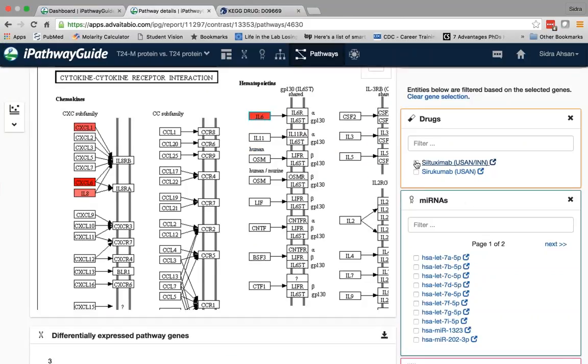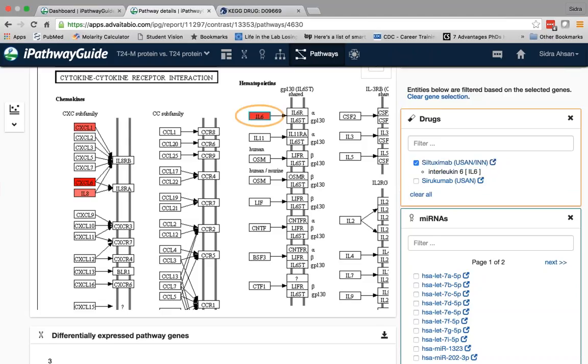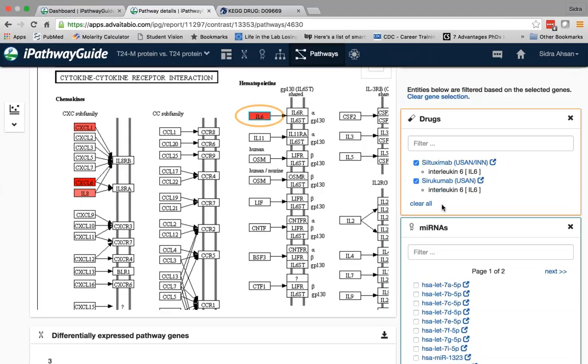And if I check the box next to the drug, it'll show me the targets of that drug. So you want to make sure that you're using a drug that only has one target and not multiple targets because of potential side effects. And then I'm going to do the same for sirukumab. And I can see here that both these monoclonal antibodies are specific for IL-6.